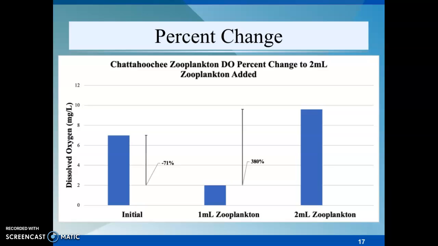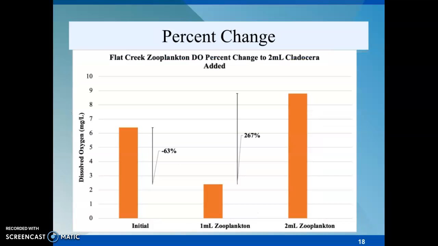Over a total of 2 milliliters of zooplankton was added. This caused the sample with zooplankton to increase 380% after 2 milliliters was added. Therefore, this concentration of zooplankton was effective in increasing the dissolved oxygen. The same was shown for the percent change